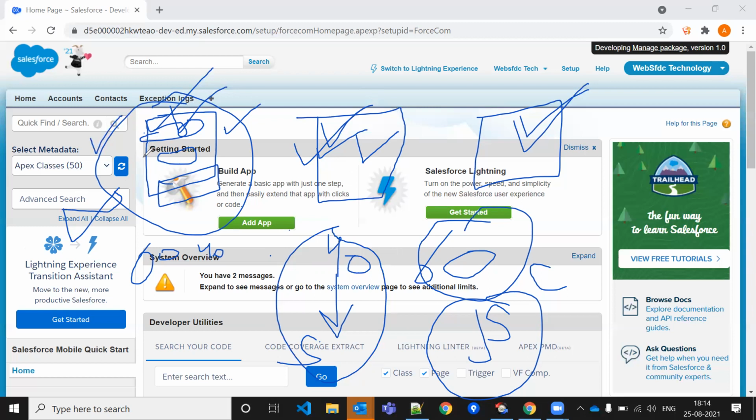They know HTML, but whatever tags we are using in the visual force page in Salesforce are different. But in case of lightning component, definitely the lightning HTML tag is different, but whatever JavaScript we are using, that JavaScript person can directly work on the lightning component.